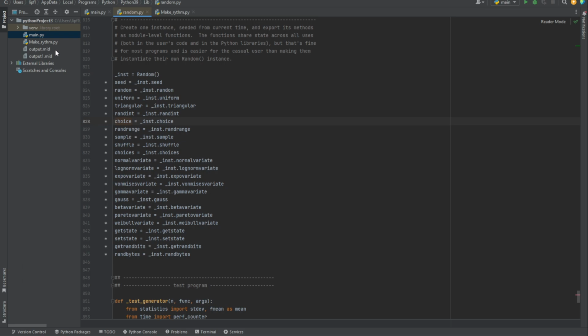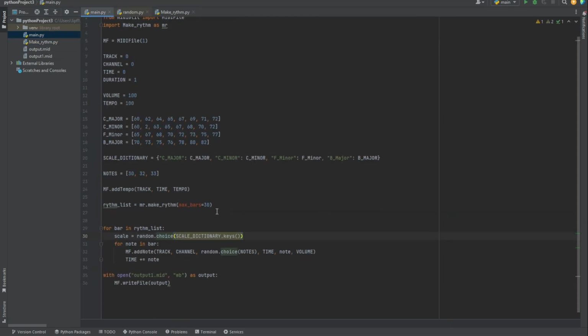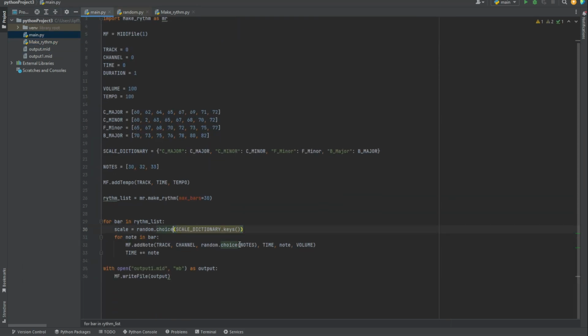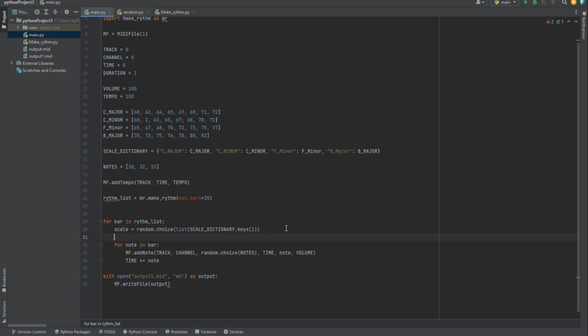Now I jumped again. Yeah, I guess I found the problem. I have to make a list out of it. Yeah, now there isn't a warning anymore. So now we have scale, which is our scale, of course, and